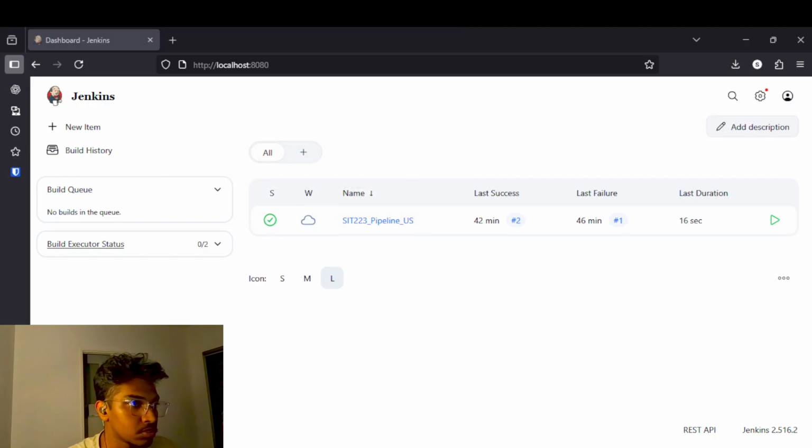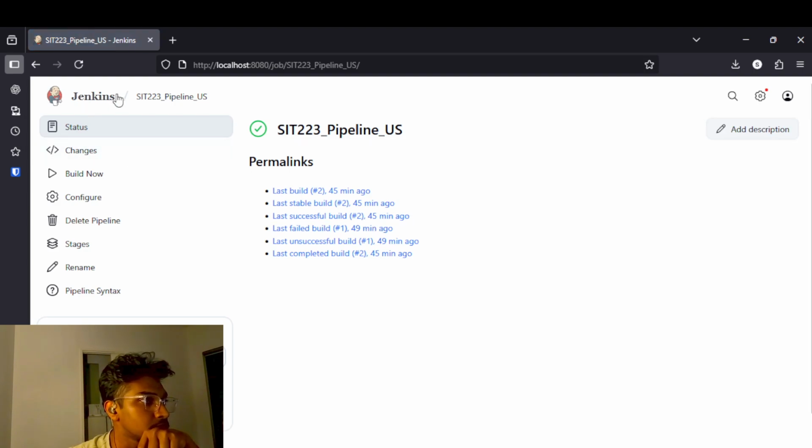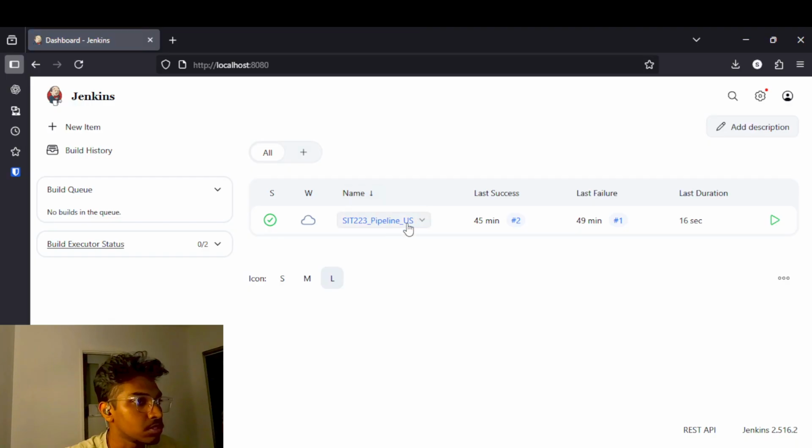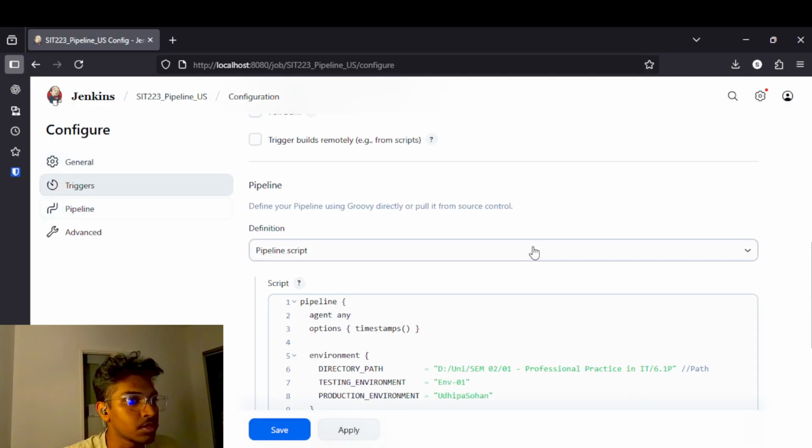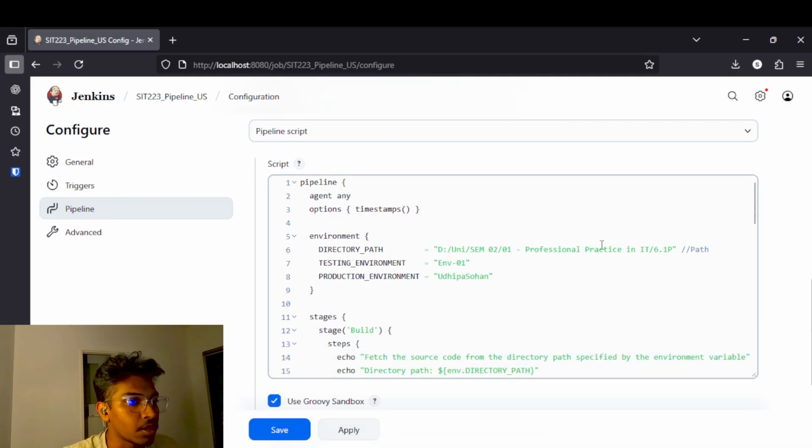So this is my Jenkins job named SIT223 Pipeline US. And see the code here. This is the script that I wrote, and the path is shown here. For this assignment, I used the pipeline script option, as you can see here inside Jenkins, and I just wrote